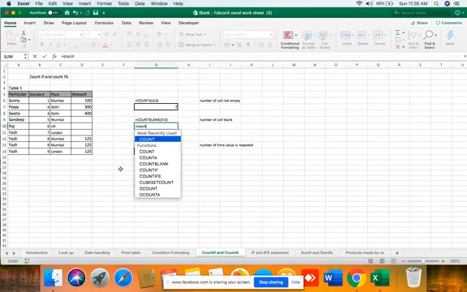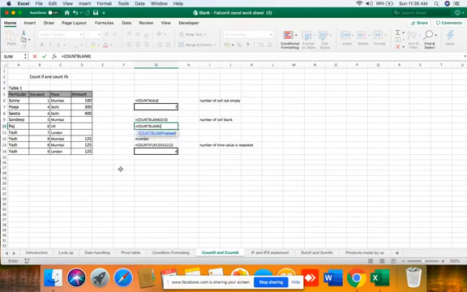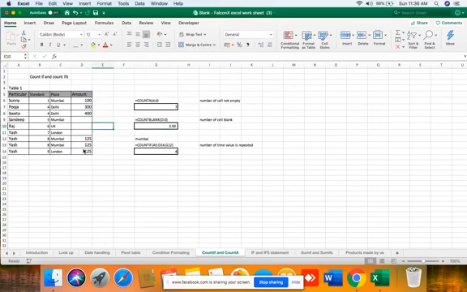So we will use the COUNTBLANK formula for that. COUNTBLANK range. Here we are getting 3 as the answer because 3 cells are blank. Now we have to count based on a condition. So we will use COUNTIF.